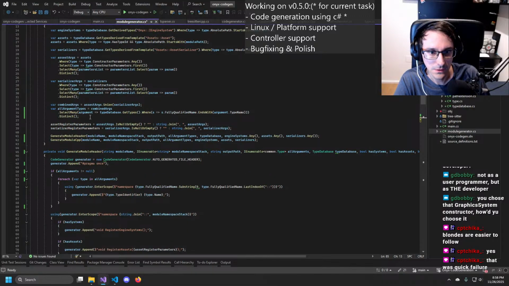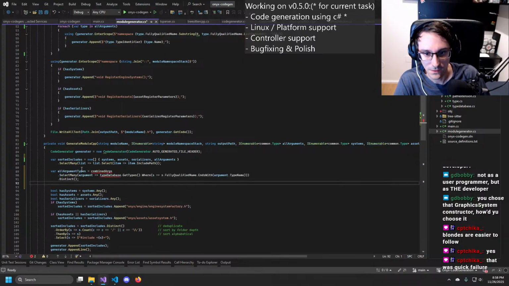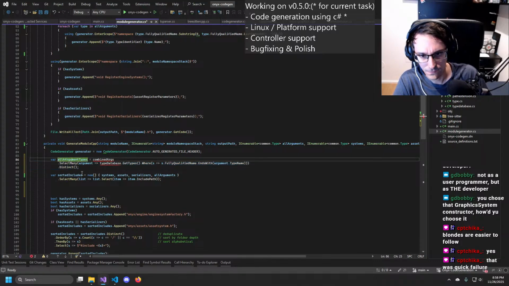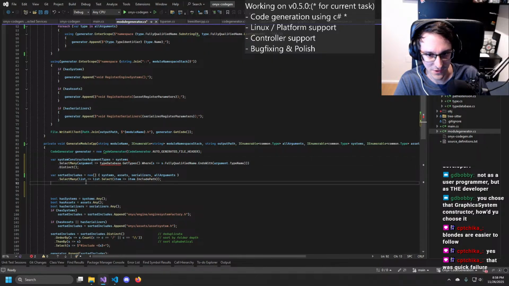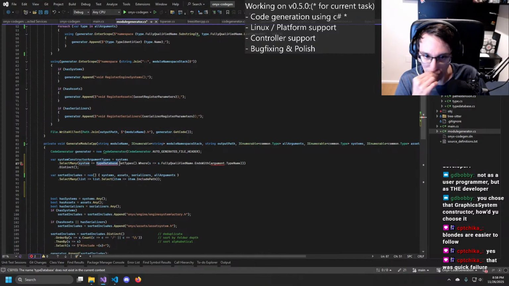We need this. System constructor types. And for each system, we select in. Do we not have the type? Okay, we don't have the type database, but we will fix that.